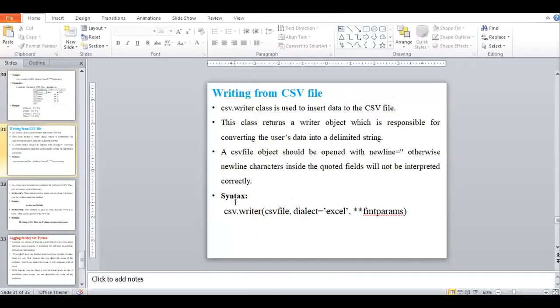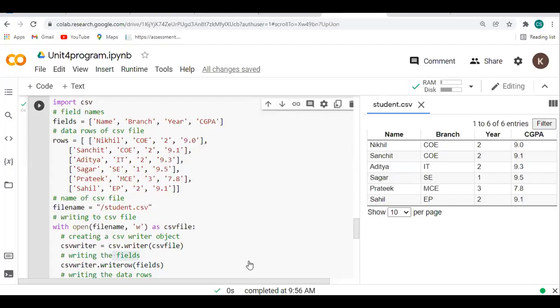One is reading and the other is writing. How many of you performed the read operation on CSV file?